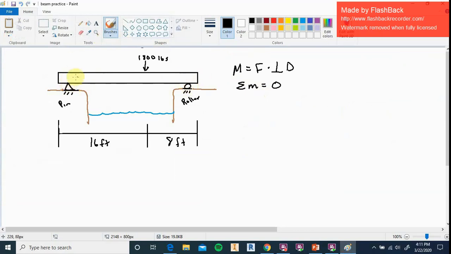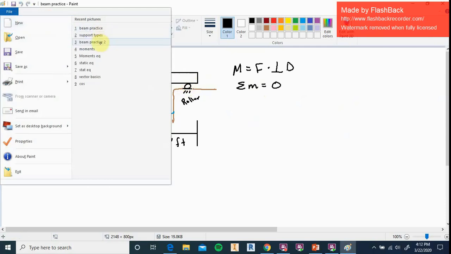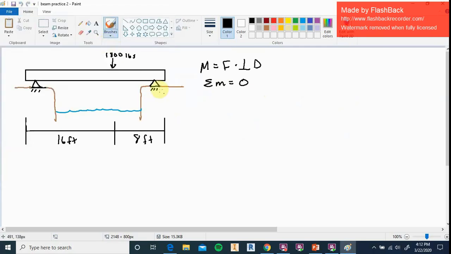If we've got a pin and we've got a bridge, don't we really want to lock this thing in and make it so that it doesn't move around on us, right? So what I did was I swapped that out and I put two pins in here. Okay, so if I did that, we all know that when we put this 1,800 pounds on the beam, right,